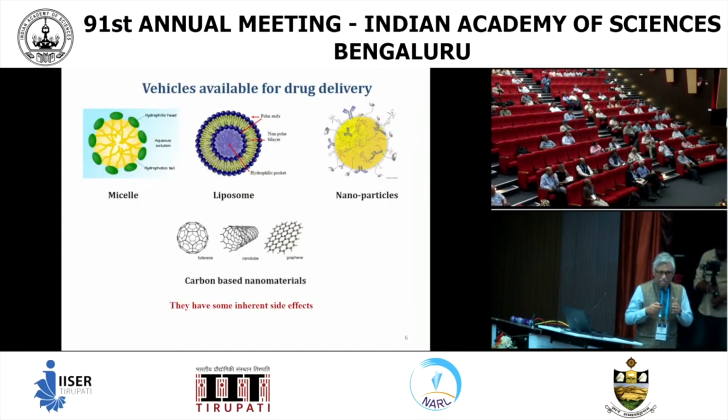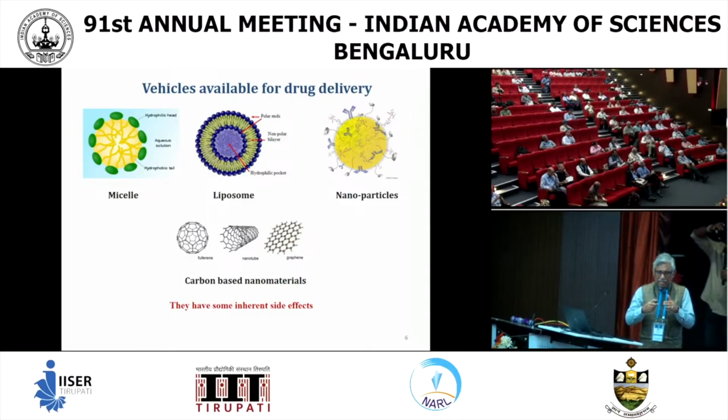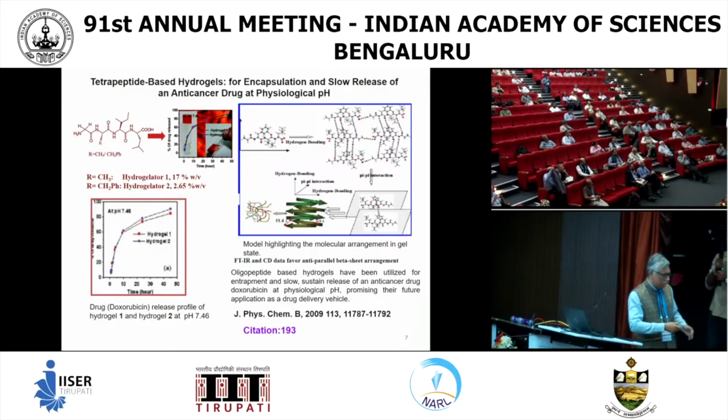Just imagine a situation: it's a messy structure with a lot of white space. We can incorporate a dye, drug, DNA, RNA, siRNA, mRNA, whatever you need to be delivered at the targeted sites, and we change the pH slightly, then the gel to sol transformation occurs, and that will deliver at the targeted sites. So I set out on my journey long back, and here is a tetrapeptide composed of glycine, alanine or phenylalanine,